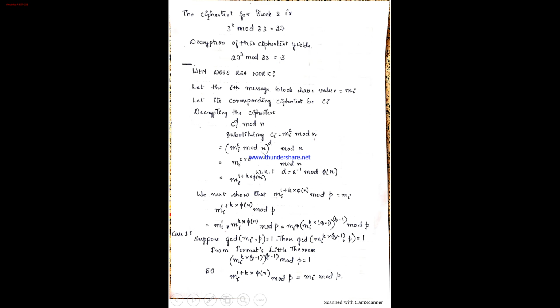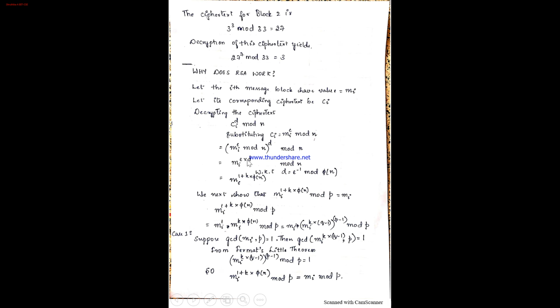Okay, so e into d, see, mod n, whenever you apply it will work. I had explained that before. The mod operation, any number of times I can apply, so the more times you apply it, the smaller the value you will end up with. If you apply the mod only at the end, you will work with large numbers. That's the only difference. So we'll just neglect this mod n. On neglecting, it will not make any difference.